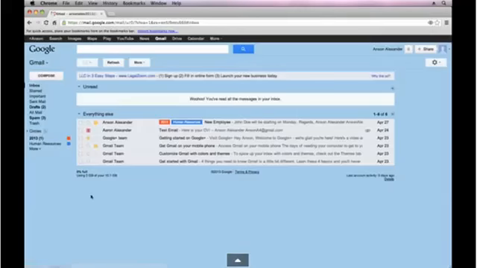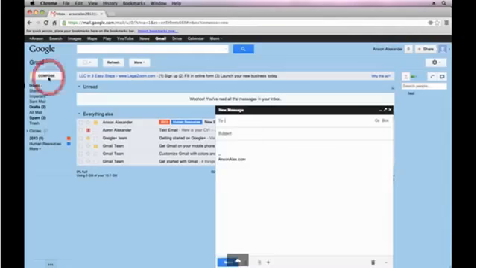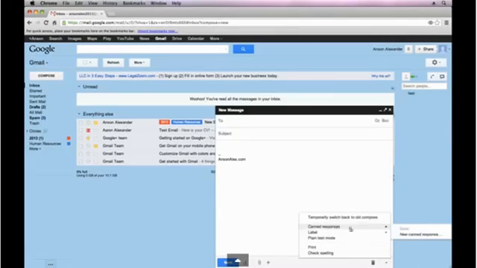So I just hit Save Changes. You'll notice that a few things probably changed. My chat's over here on the left now. If you want to see where you can do the canned responses, you actually have to be in an email, so you can hit Compose. And then if you hit this drop down on the right, you have the option to add a new canned